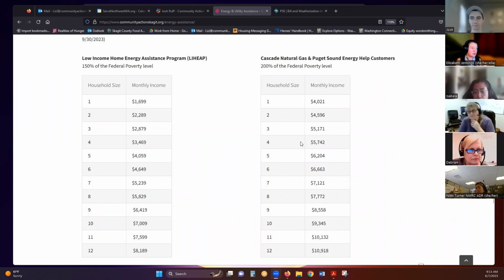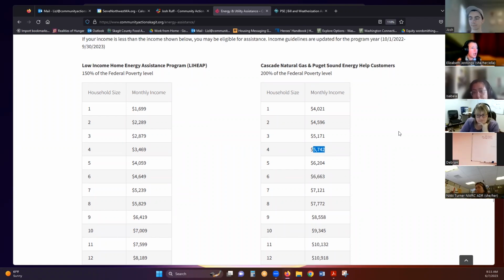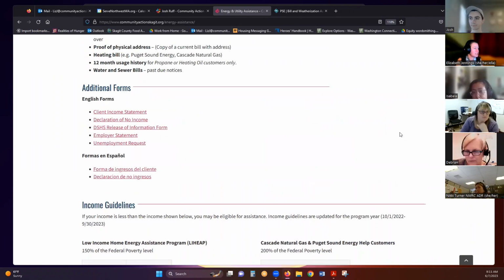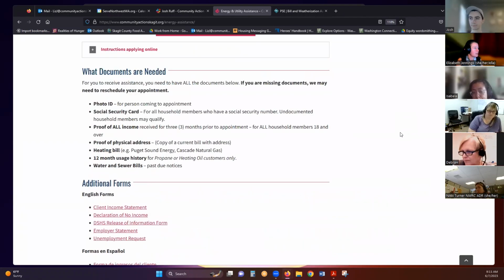Again, a household of 4 can make up to $5,742 a month. And there's all of these lists of documents: photo ID, social security card, proof of all income, proof of physical address, a heating bill, 12-month heating usage for propane or heating oil customers, water and sewer bills, if that's what we're looking at.